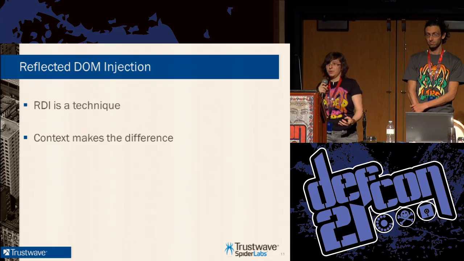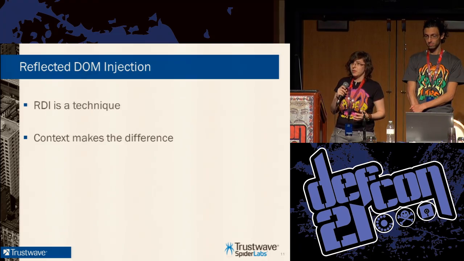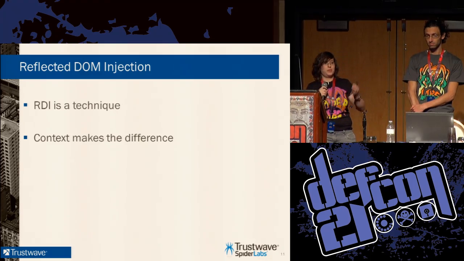As you probably noticed throughout here, the point of RDI is context. That's the most important thing here. Because obviously, when you think about it, you might be asking yourself, so why don't I just take my malicious link and put it in Google Translate? And